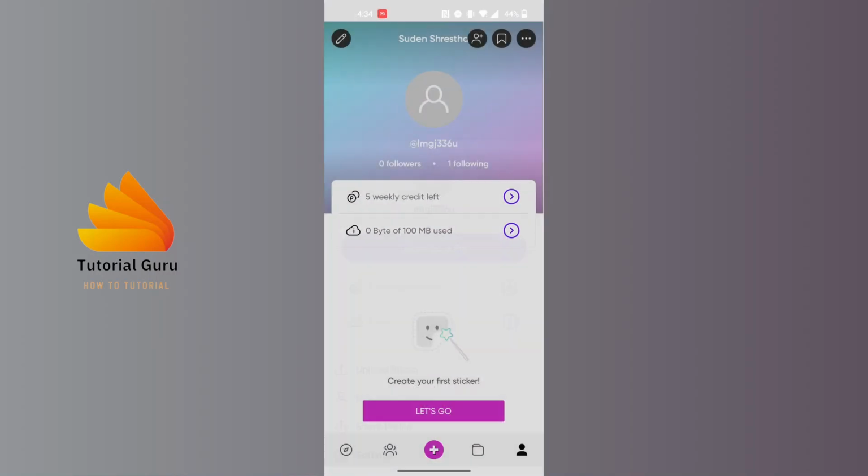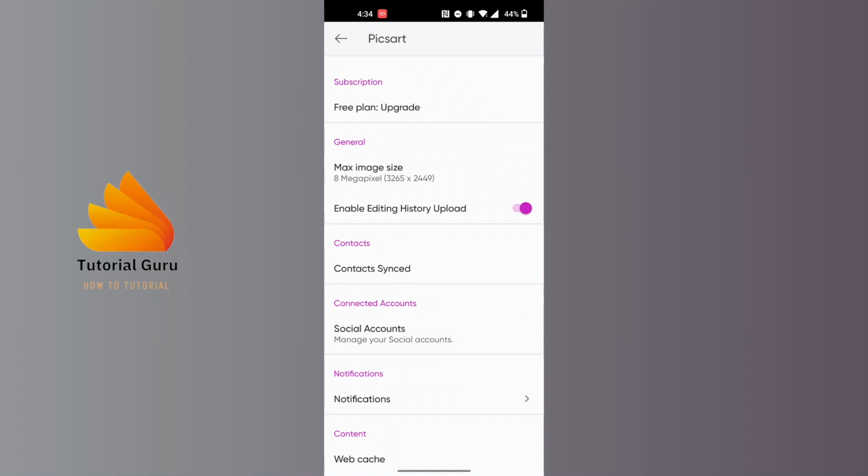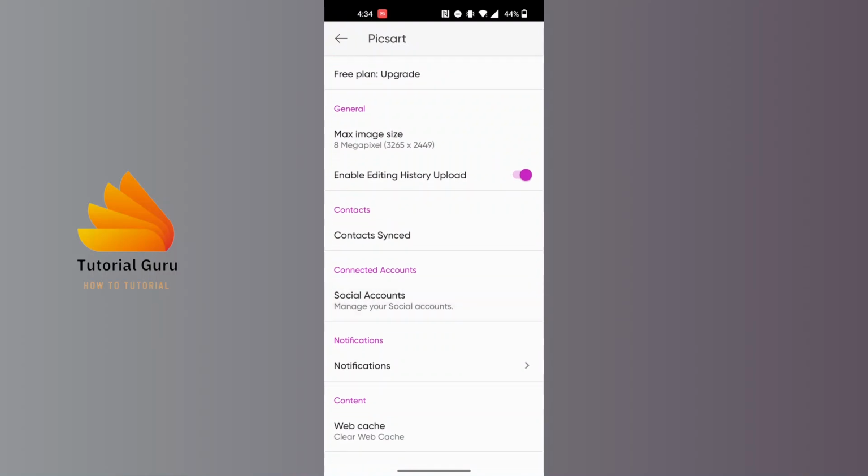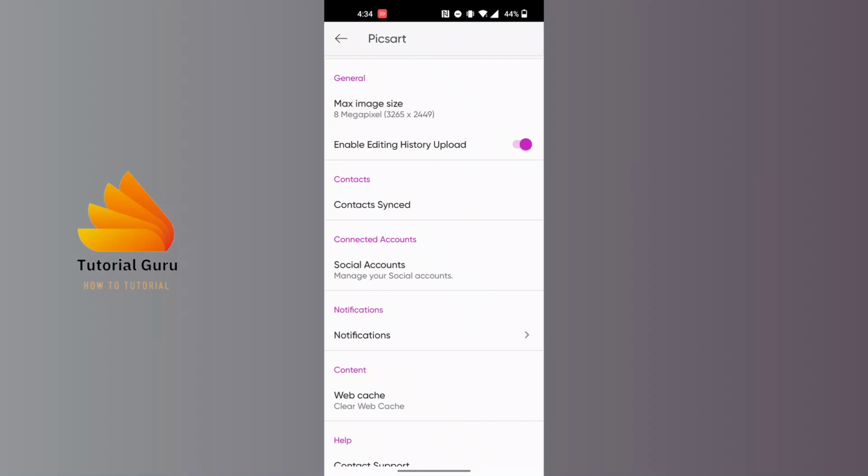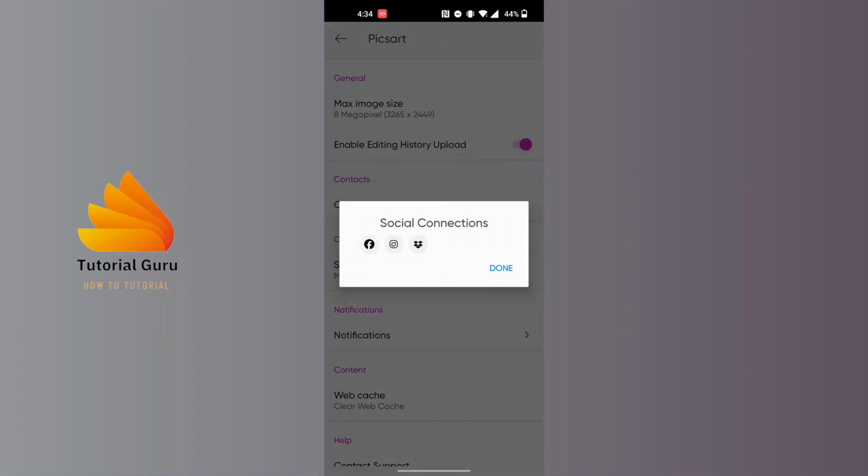Tap on settings, and you land over here, guys, where you can see the social accounts button over here under the category of connected accounts. Tap on the social accounts button over here, and you can see there is the Facebook, Instagram, and the Dropbox logo. Now in order to link your Dropbox account to Picsart, tap on the Dropbox button over here, and then